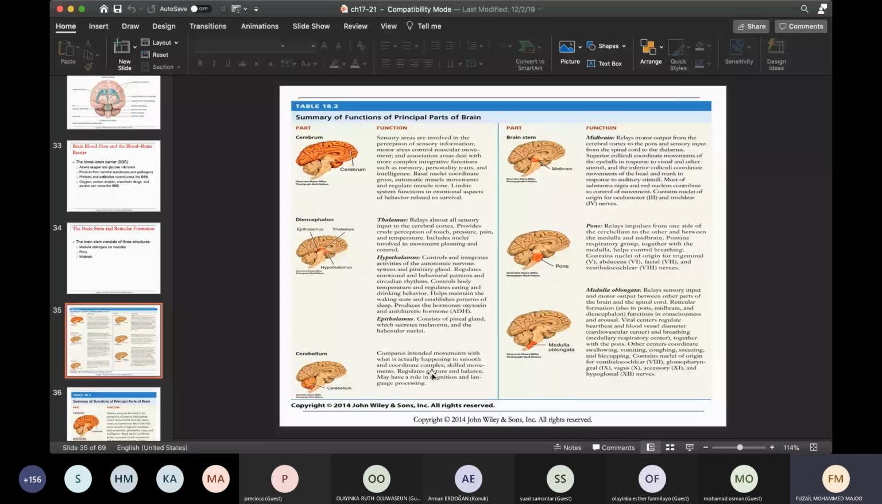All right, so look at what it does. It compares intended movements with what is actually happening with the complex. So again, what it does is it coordinates complex activities, skilled movements. It also helps regulate your balance and posture. And again, they think that it may have something to do with